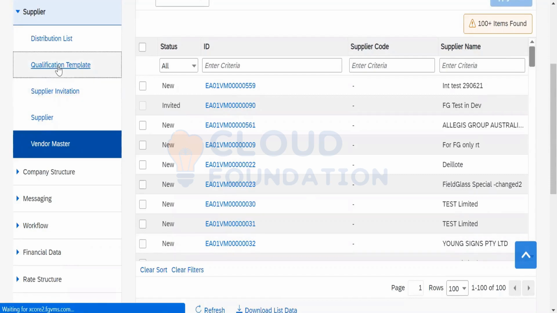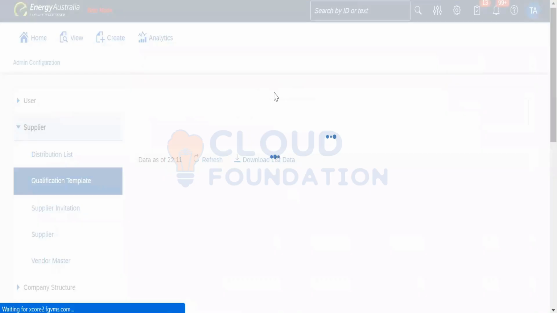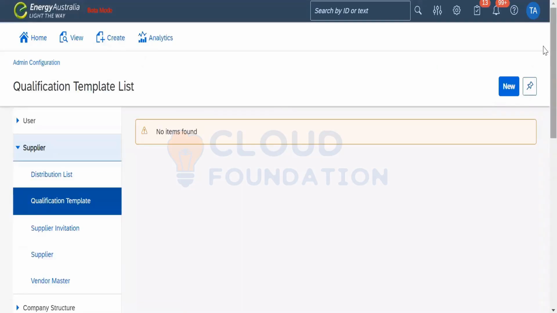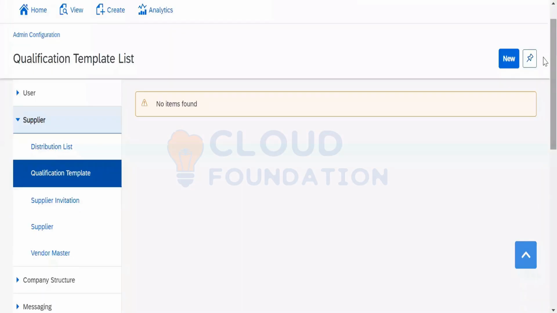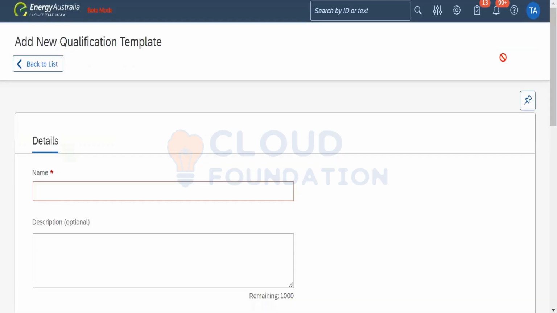There is something called a qualification template. A qualification template is where they, as a buyer, want the suppliers to be well qualified to send out their contractors. Some companies utilize it and some don't. Here, they are not utilizing it.